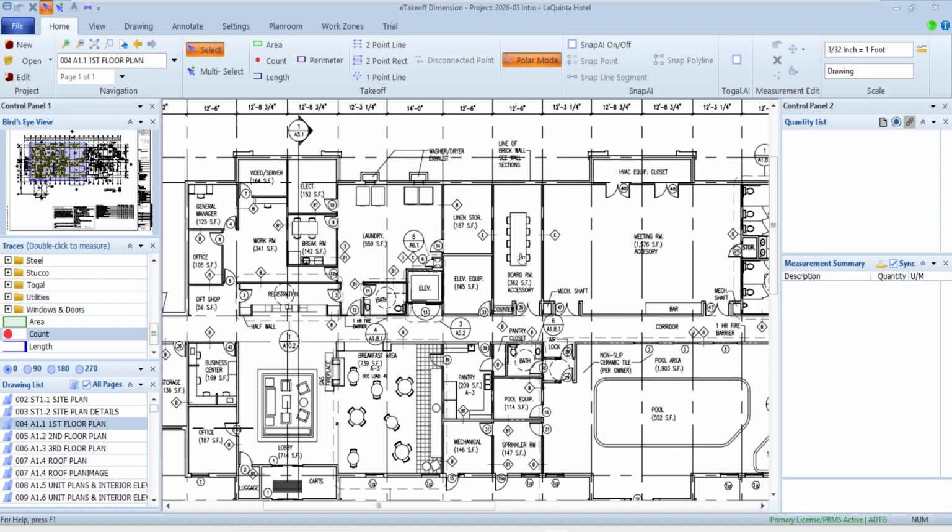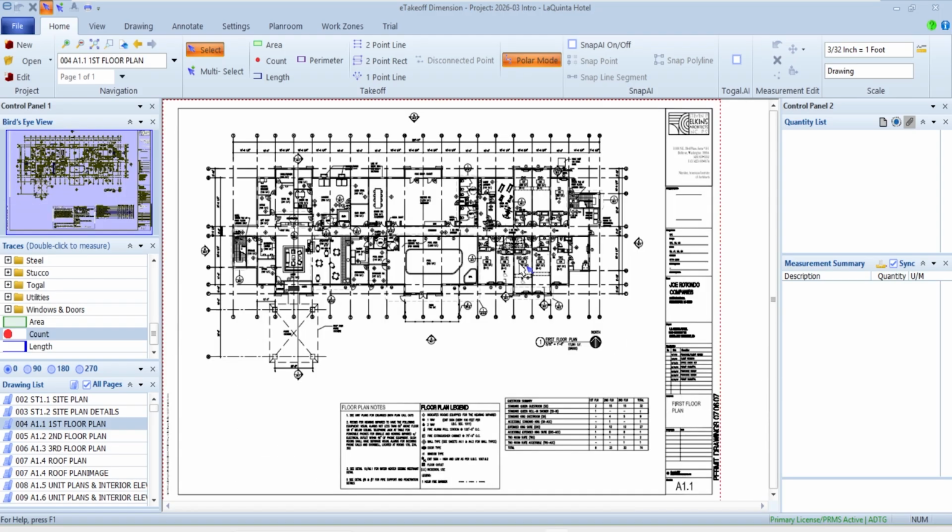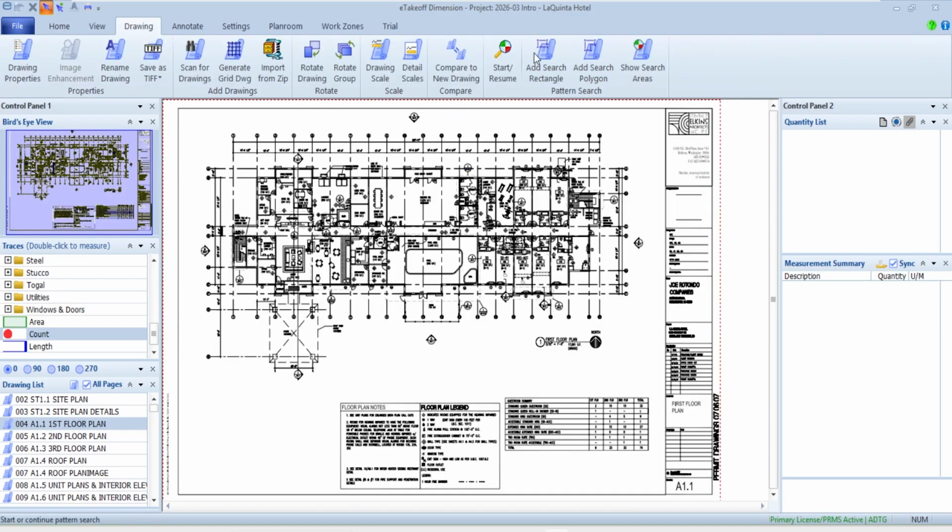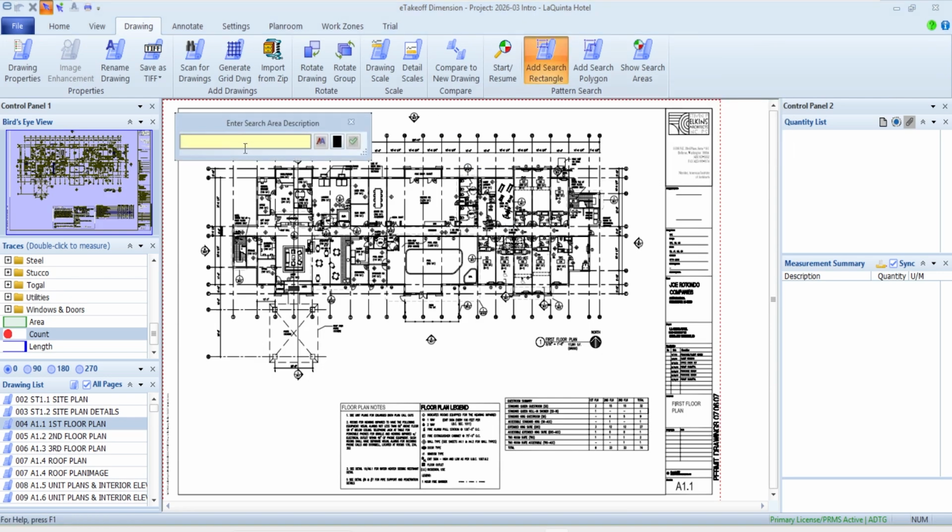I'm also going to back out here just a little bit so I can see the full print at the moment. So I'm going to go up to my drawing. I'm going to go to my search rectangle. What this does is let me label what area I'm going to be looking through. The main reason for this is I don't want it to search through all of this.